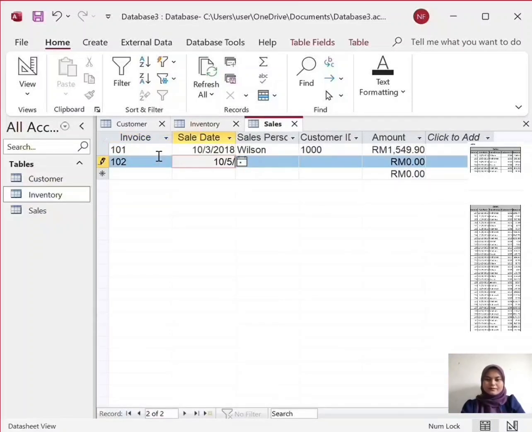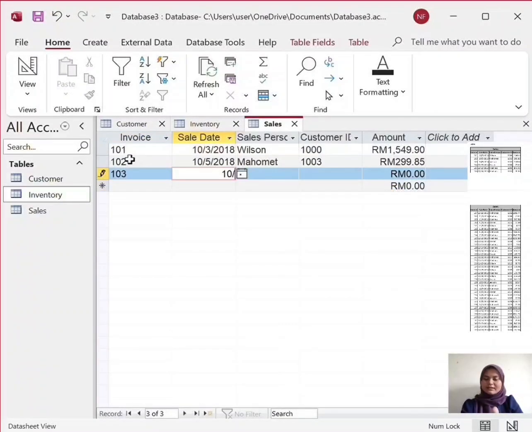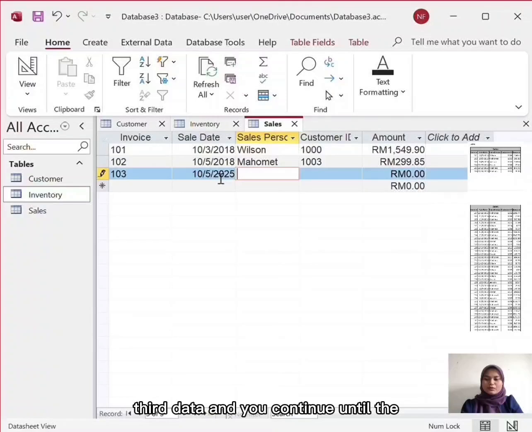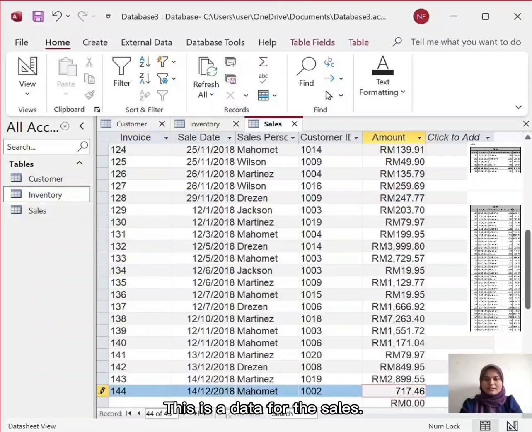So you need to key in the second data and the third data, and you continue until invoice 144. Okay, this is the data for the sales.